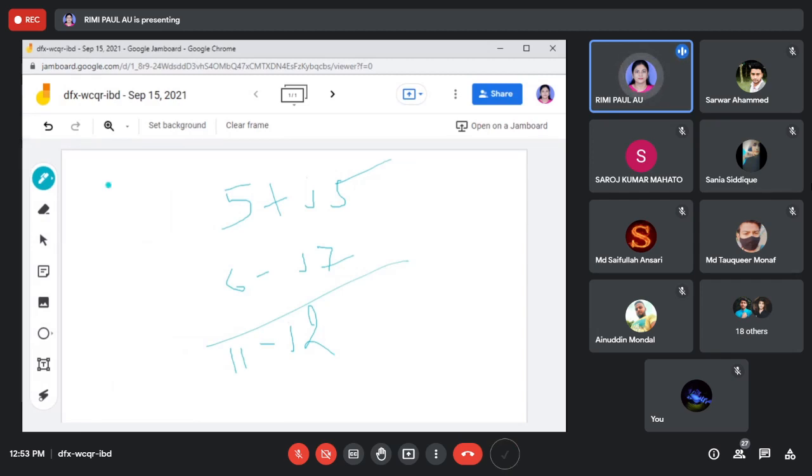So at that time you will get, suppose this is a 5 square, 5 square, angle tan inverse,